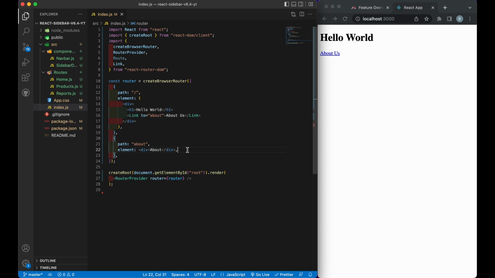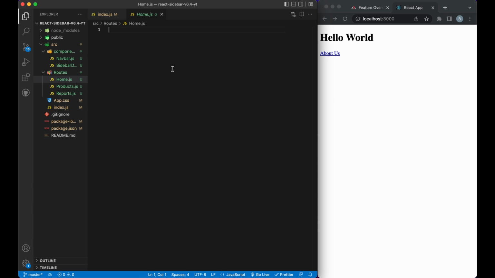So the element is your component. So you're probably wondering, how do we make a component in this new version? Well, let's go to home first, and pretty much let's just make a basic one, just like my old design. Import React from 'react', lowercase React, and then we can say function Home(), curly brackets, and we can just return, parentheses, enter, and we'll just say div, and I'm gonna have